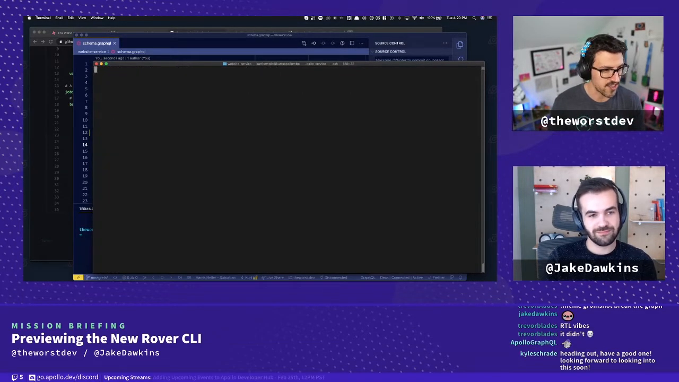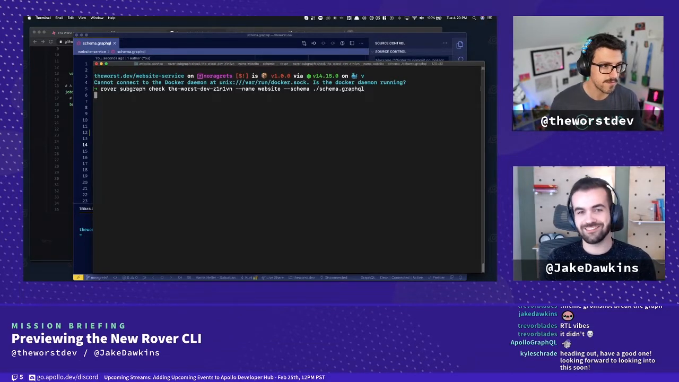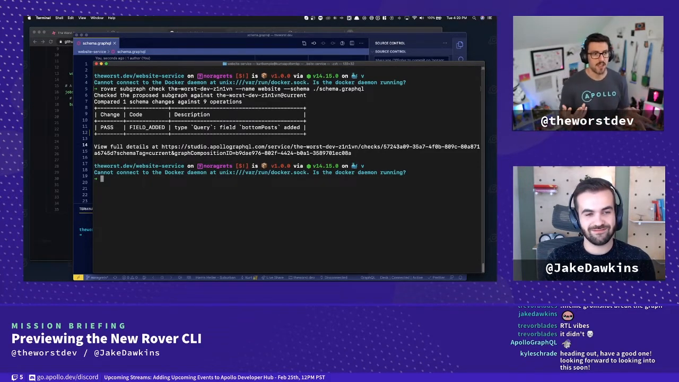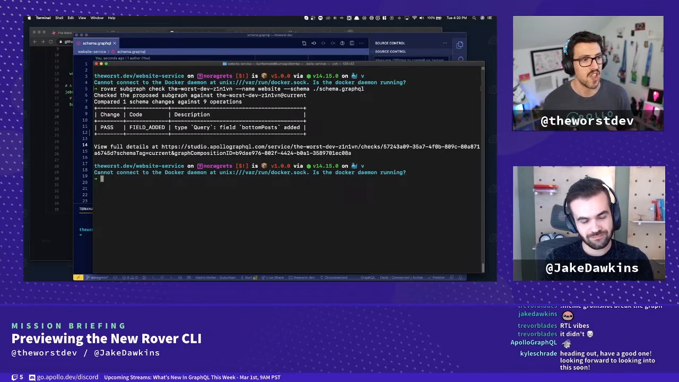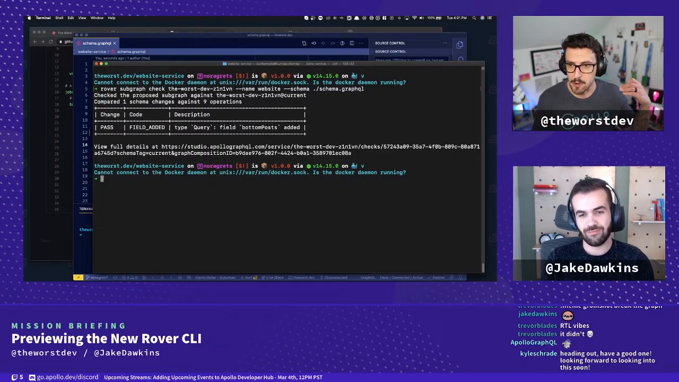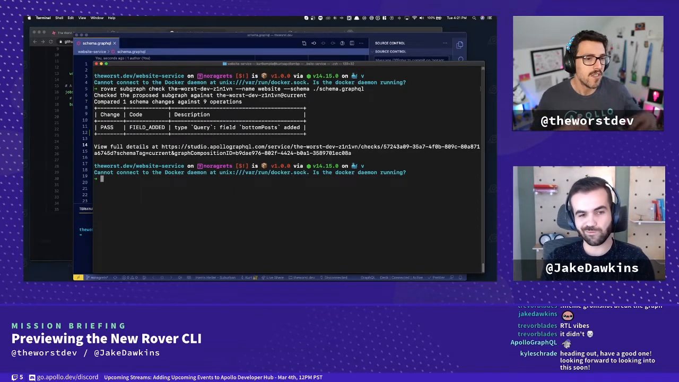I'm going to clear this because it's getting kind of cluttered. Boom. Now we can see that it did in fact run. It compared one thing, and notice that we've added the query bottom posts, but it passed because no downstream clients are affected, so it doesn't matter. I can add on to my graph all day long and nobody's going to care. It's only when I start breaking things that Apollo Studio is going to say, hey,